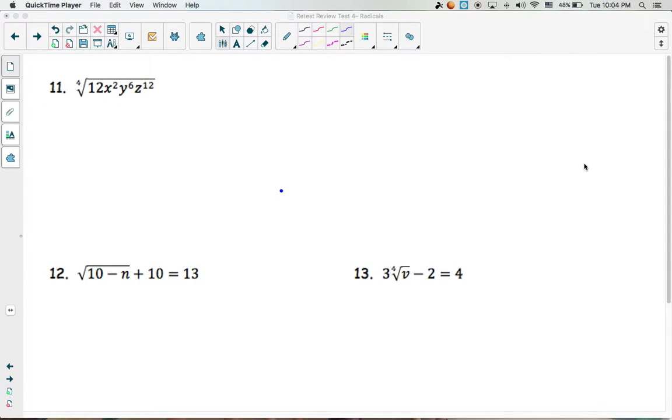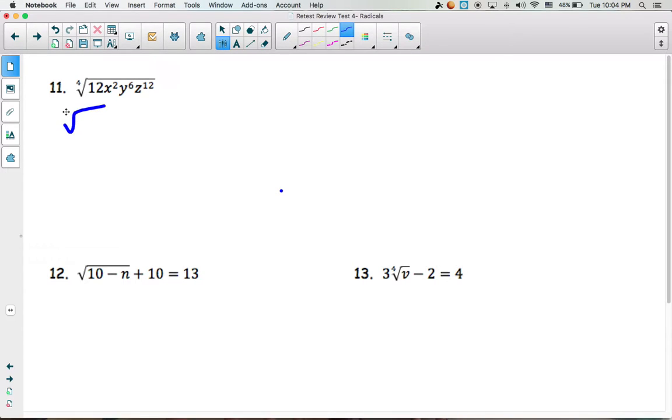Retest review, test number 4, radicals, problem number 11. We're going to start out, we're taking the 4th root of 12x squared y to the 6th z to the 12th. And I want to break this down into smaller sections, so I'm going to rewrite it as the 4th root